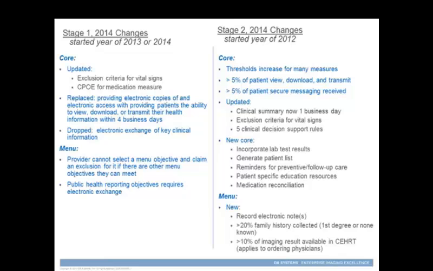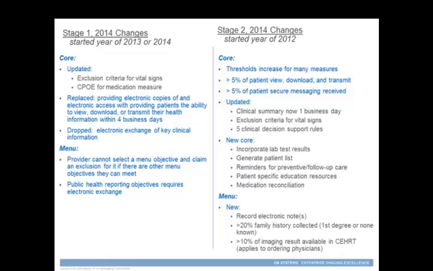There are two additional exclusion criteria in the 2014 version, and that is if height and weight is relevant to your practice but not blood pressure, then you still need to record height and weight, but you are excluded from recording blood pressure. Vice versa, if blood pressure is relevant to the scope of your practice but height and weight is not, then you can exclude from